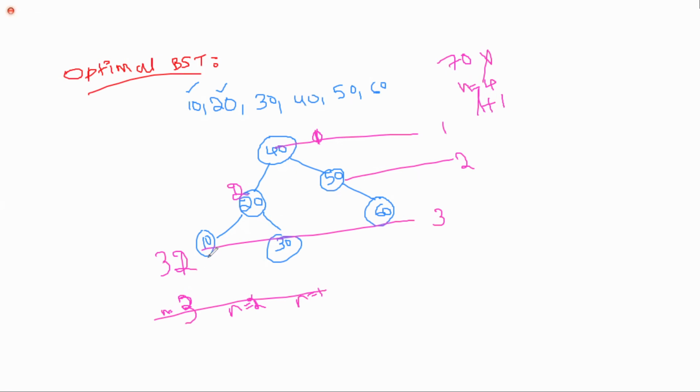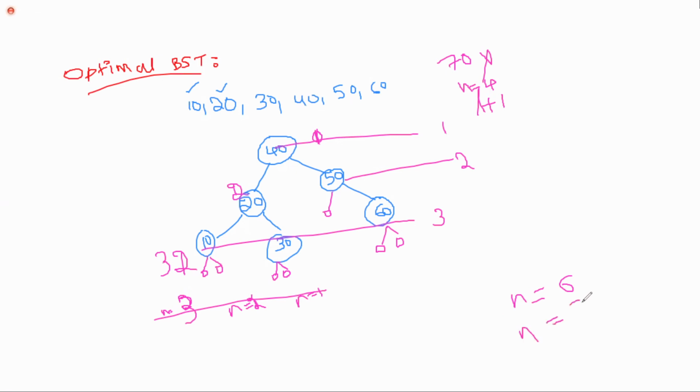To represent that there are no more nodes, we'll use square boxes. Here also I have used square boxes. Here there is no left node, so it is a square box. Here also it is a square box. If you count the number of nodes available in the search tree, 1, 2, 3, 4, 5, 6. Total how many nodes do you have? Number of nodes is equal to 6. Number of square boxes, you count 1, 2, 3, 4, 5, 6, 7. It is 7.